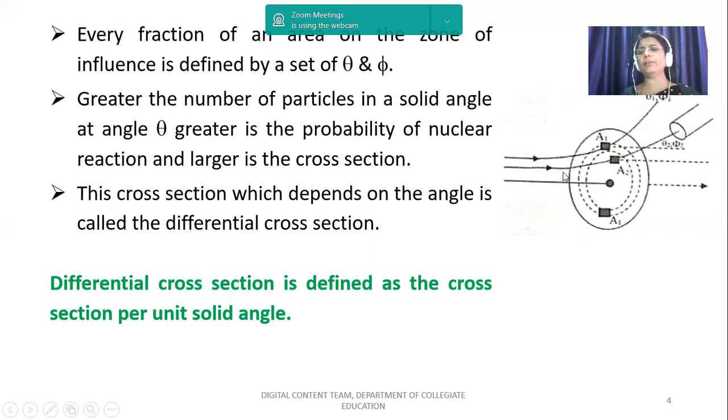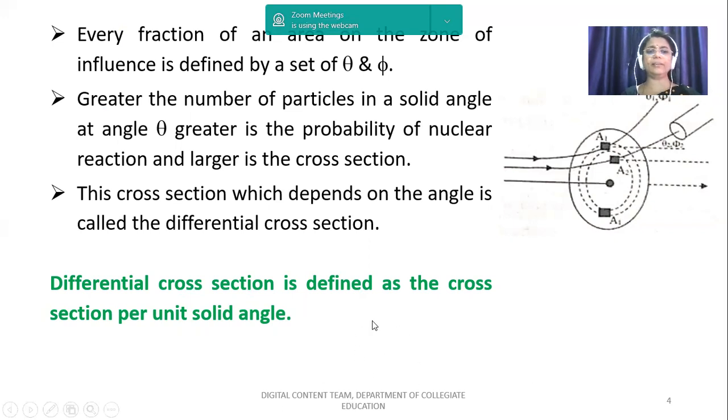So if you consider a set of particles which are reaching the region A2, they will be subjected to another set of angles which is defined by theta 2 phi 2. Similarly, if you consider another point on the same inner circle at the bottom, it will be subjected to the same angular deflection theta 2 phi 2 with respect to the incident direction. This is how you can understand that, based on the region the incident particle falls on, it will be subjected to deflection with various sets of theta and phi.